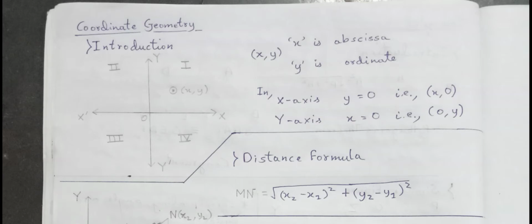And two, on the x-axis the y value will always be 0. For example, the point (6, 0) will lie on the x-axis since here the y value is 0. Similarly, on the y-axis the x value is 0. For example, the point (0, 3) will lie on the y-axis because the x value is 0. Get it? So going ahead,